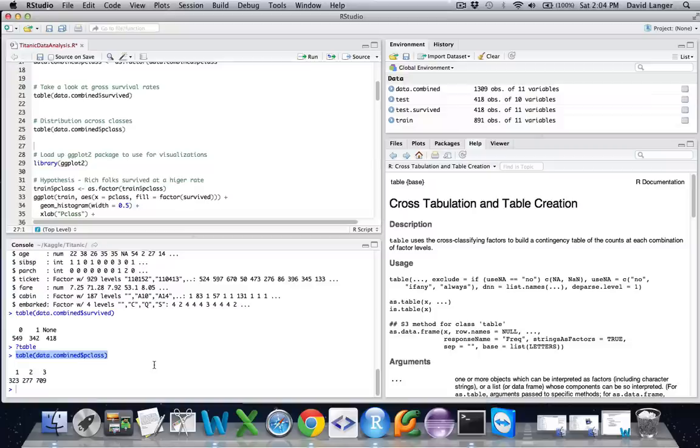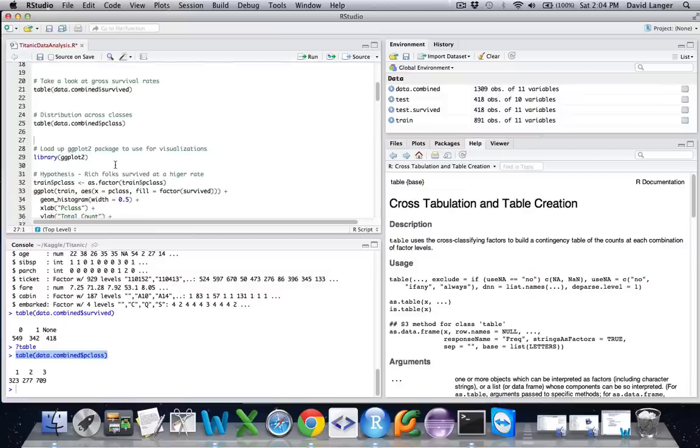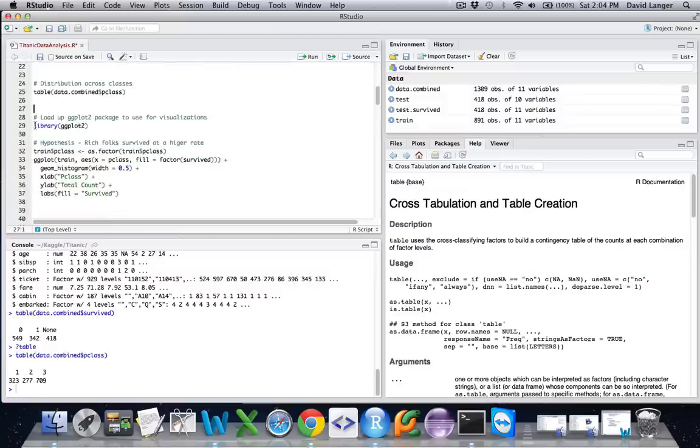But human beings tend to find visualizations a much more productive means of understanding and gaining insight from data than just looking at tabular representations. So what we're going to do next is take a look at some graphs, some plots of this data, to see if we can derive some more insight from it. In particular, we're going to use ggplot2. ggplot2 is essentially the de facto standard in the R community for creating high quality visualizations of data.